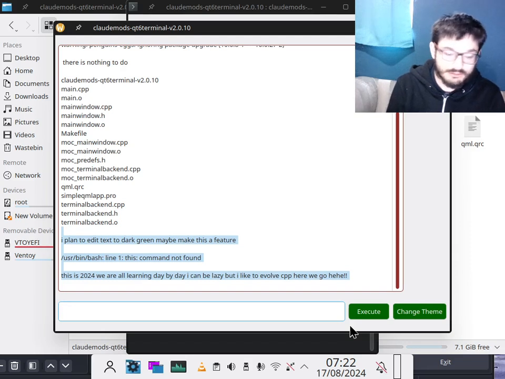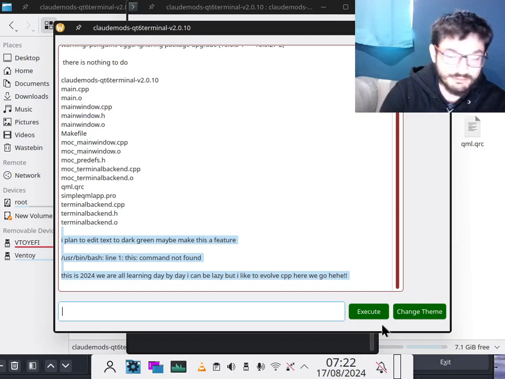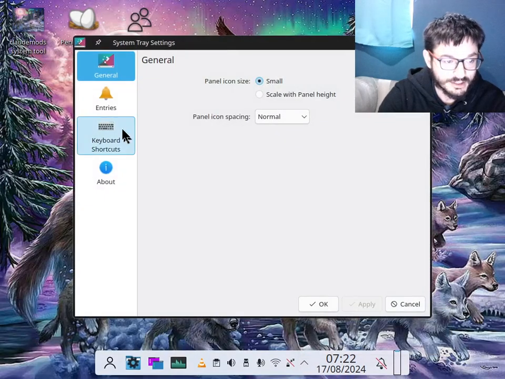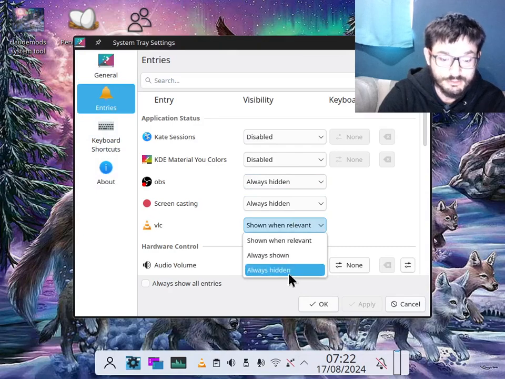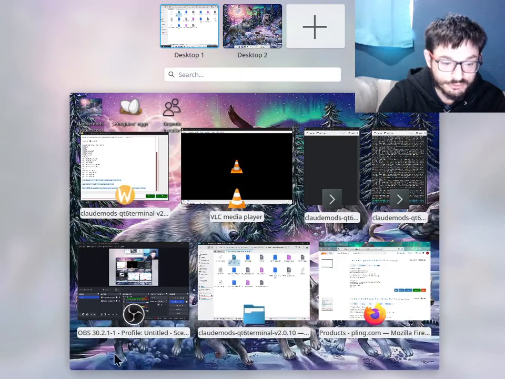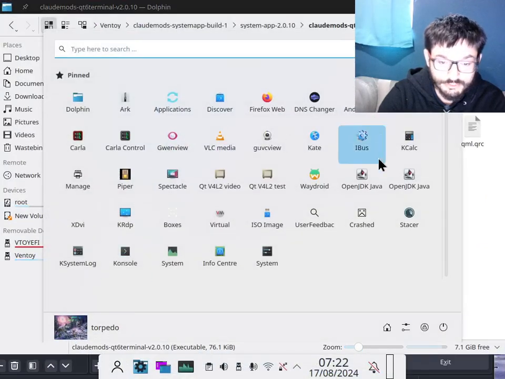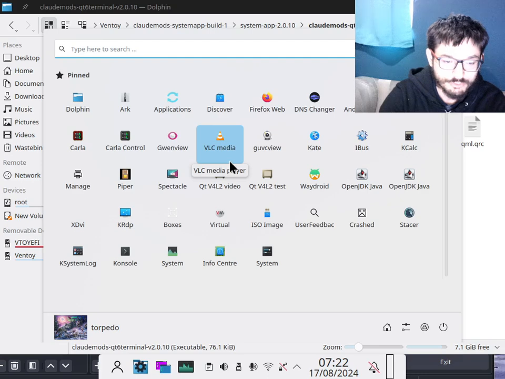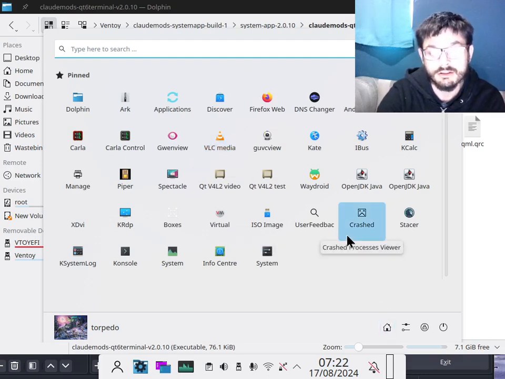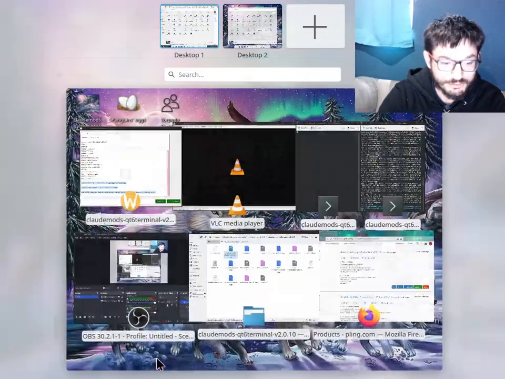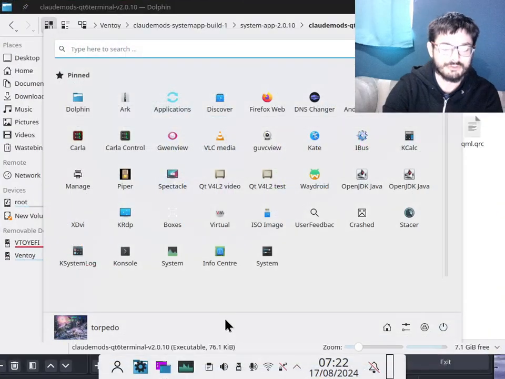But yeah, the main thing is I like to evolve. I'm always about the next best thing. If I can make something better, I'm going to make it better. I mean, my whole desktop environment is meant to be based on modifications and making it easier for people to use. It's meant to be similar to Windows in a way. I'm not calling it Windows. It's just got the functionality of things that Windows did have as a whole. You got my menu, which I forked off for someone else. It's just similar to the Windows 11 start menu. You got this, which is similar to like the Microsoft minimize.